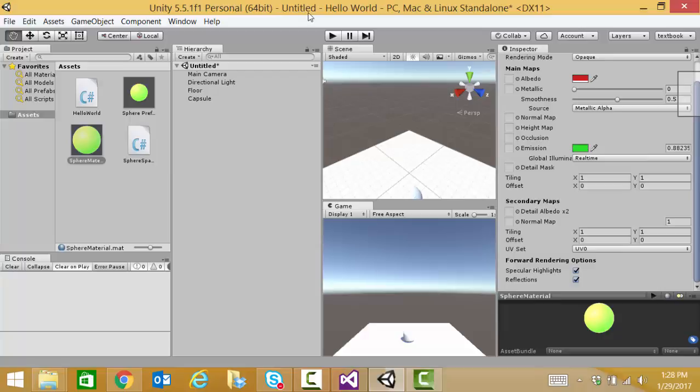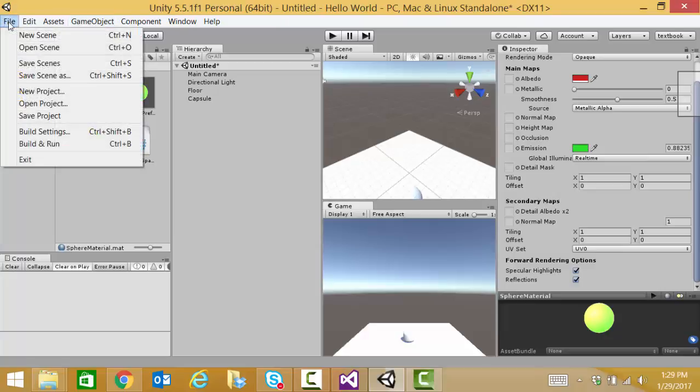Now, before we're done with this project, we need to save our scene. Should have done that at the beginning, but if you remember, my computer does some weird things when I try to save, so we'll see that probably happen again. But right now our scene name is Untitled. It's always a good habit to save your scene when you first begin. We usually create a kind of a default scene, and then we can build from that as we go. So I'm going to save this scene as,